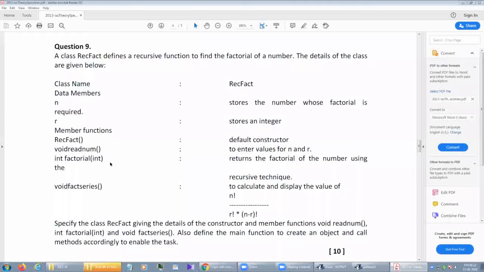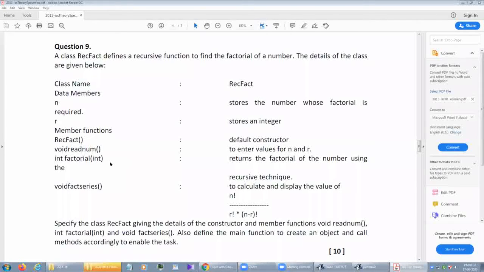Next one is void fact series. In these questions, you may see that void and fact series are written together with one space; void is a keyword, as we all know. It is to calculate and display the value of the following: N factorial divided by R factorial into N minus R factorial.